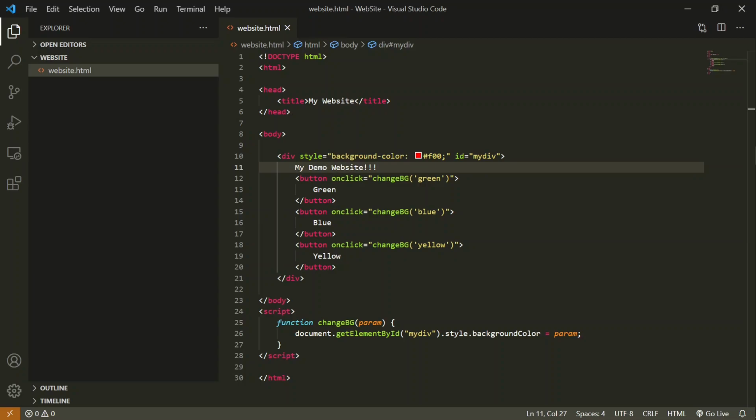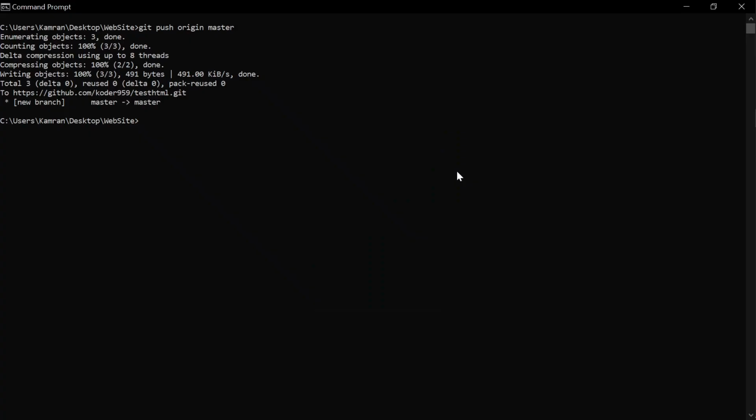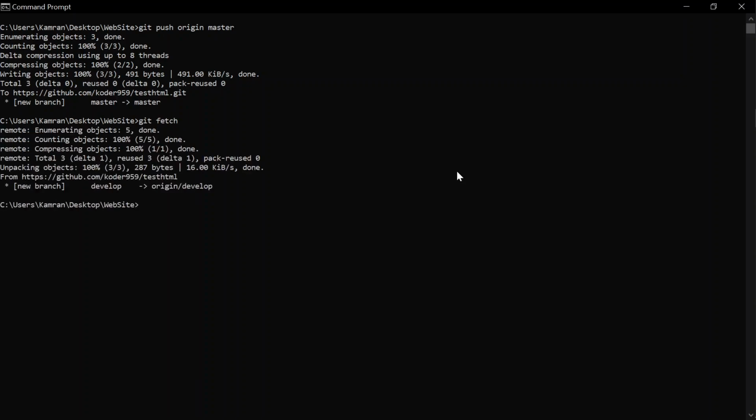So how will this other user get this branch? So let's go to the terminal. Now I want to get all the changes, all the newly created branches on my local, right? So let's say there are 5 different developers working on this project, and they have created 5 different branches. Now I want all those branch changes on my local. So what I will do, I will simply say git fetch and enter. So this will fetch all the newly created branches and all the up-to-date code on this local. So here you can see that it is showing that a new branch develop has been created.